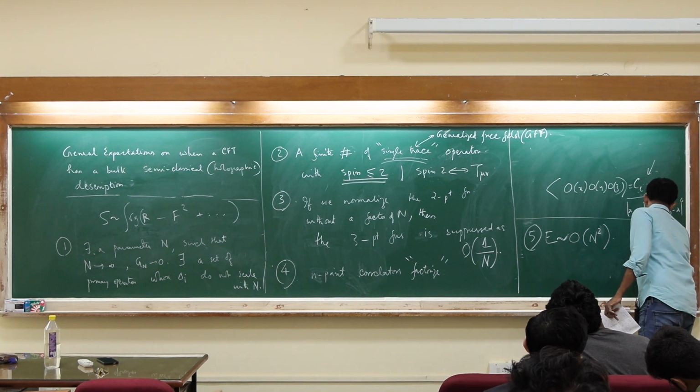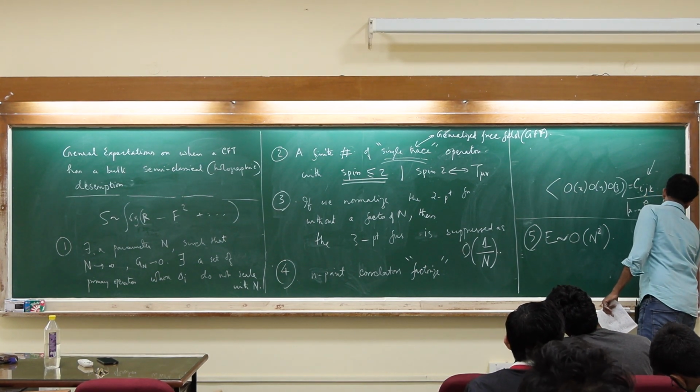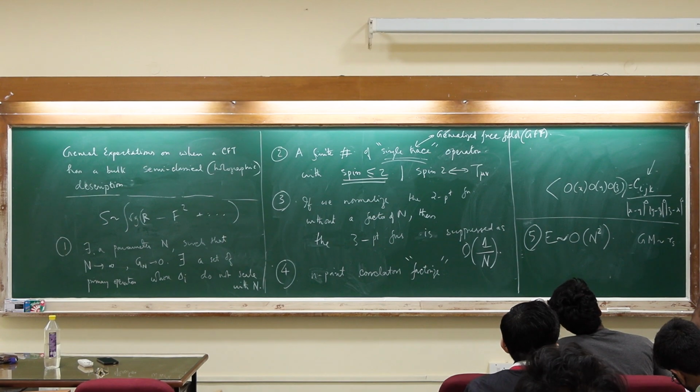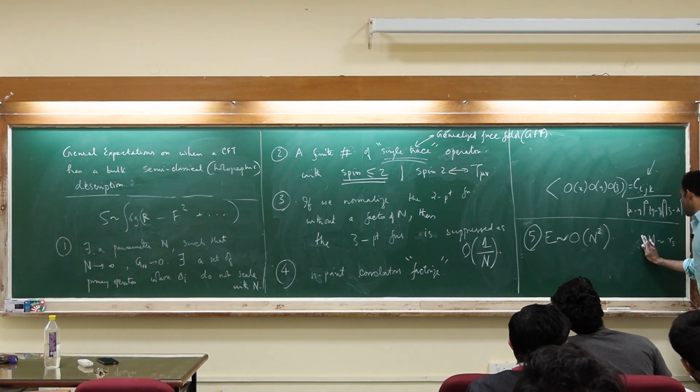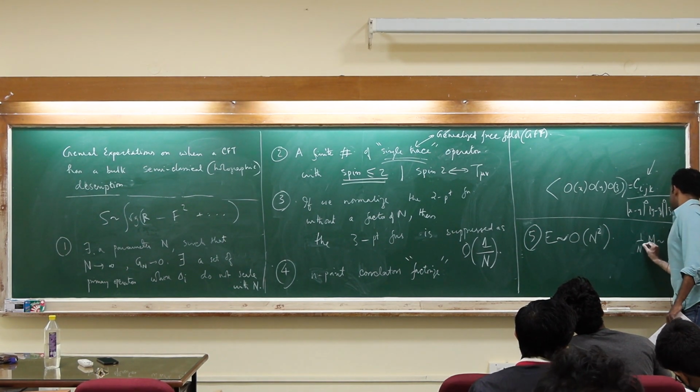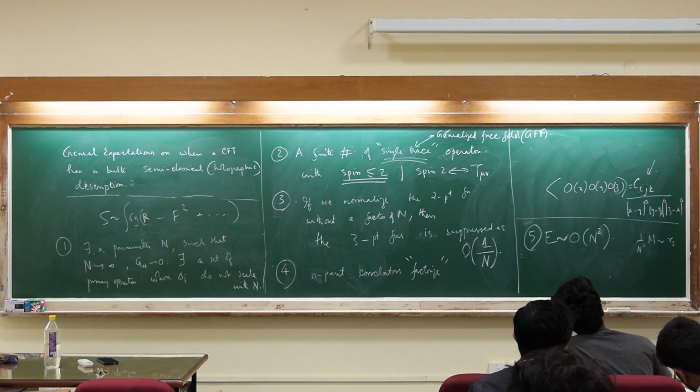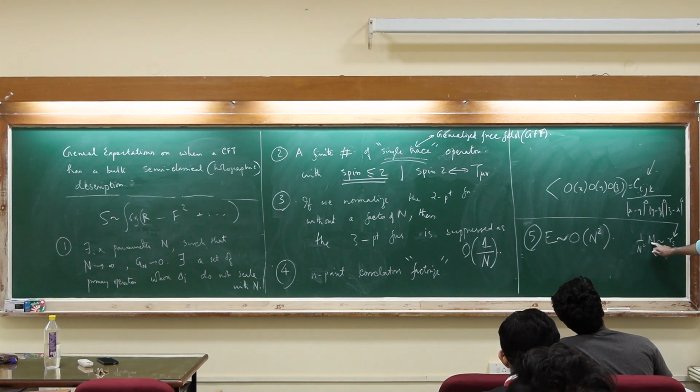So, if you remember, we needed GM to be some Schwarzschild radius, right? And G goes as 1 by n square, is what we are saying. So M is basically the energy of the state. So if E is not scaling with n square, this R_S will not be order 1. We want some macroscopic horizon, then it must necessarily be the case that the energy of the state that you're looking at should basically scale as n square, or some positive power of n depending on the theory.